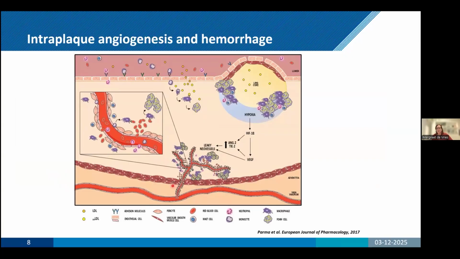However, in the case of atherosclerosis, these neovessels don't develop properly, so they often lack pericyte coverage on the sides, resulting in leakage of these neovessels. The leakage of the red blood cells, which contain a lot of cholesterol in the plasma membranes, or the influx of immune cells from these leaky neovessels can accelerate atherosclerosis.